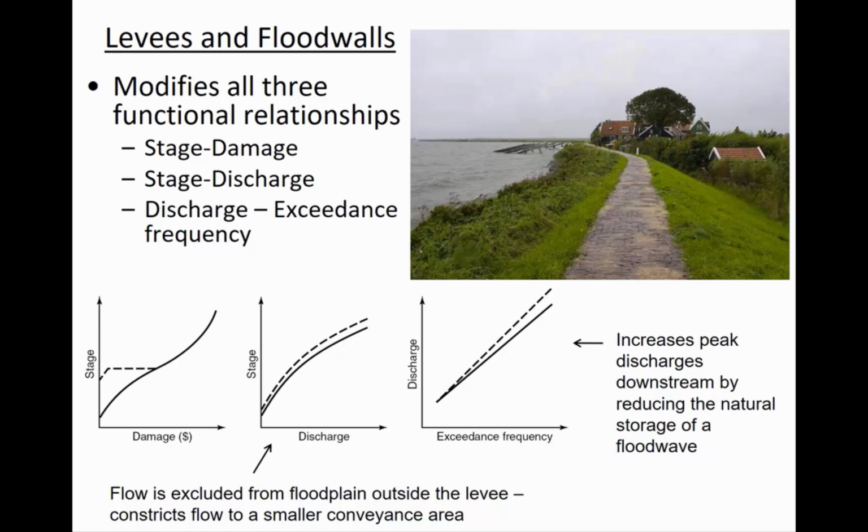And so what that says is that the discharge stage curve is above the original discharge stage curve, and that's considered not good. It would have been better if, for a certain flow rate, the depth was lower. And the same thing is true with the exceedance frequency versus discharge. That's higher, which is worse, because by putting up those walls, you're increasing the flow velocity,